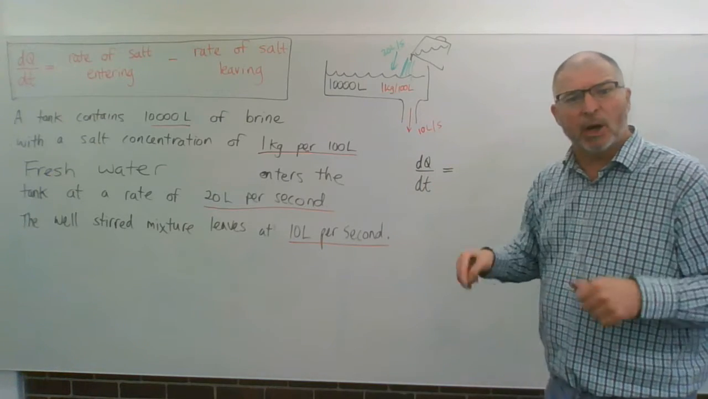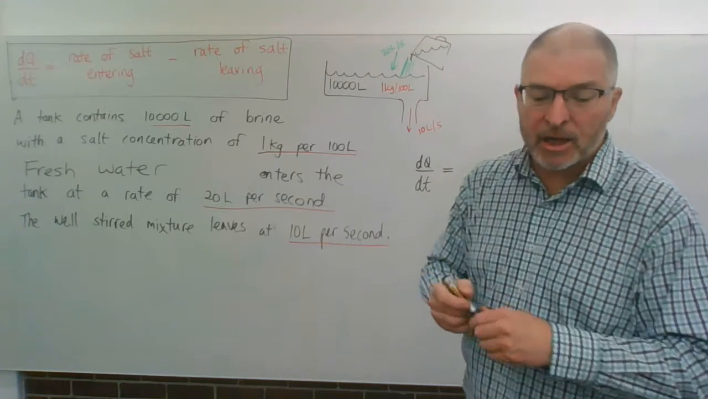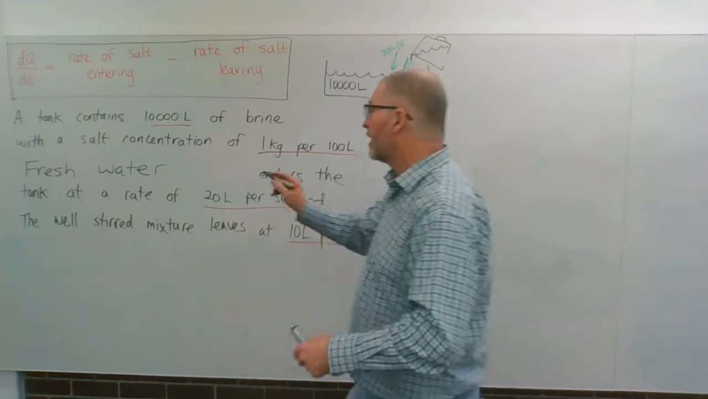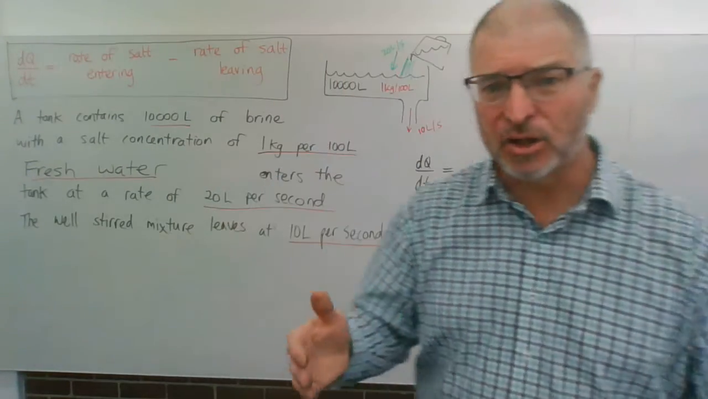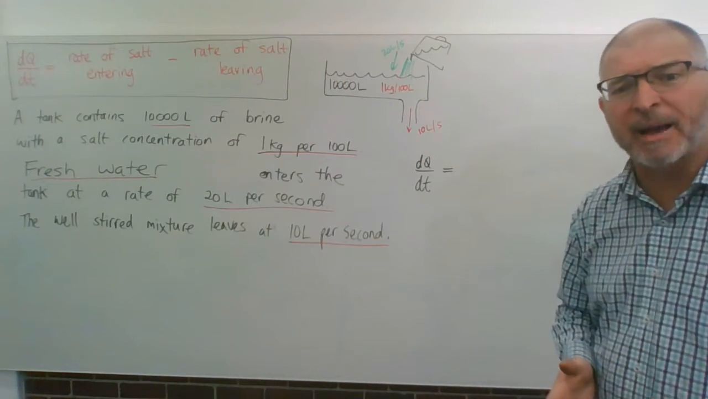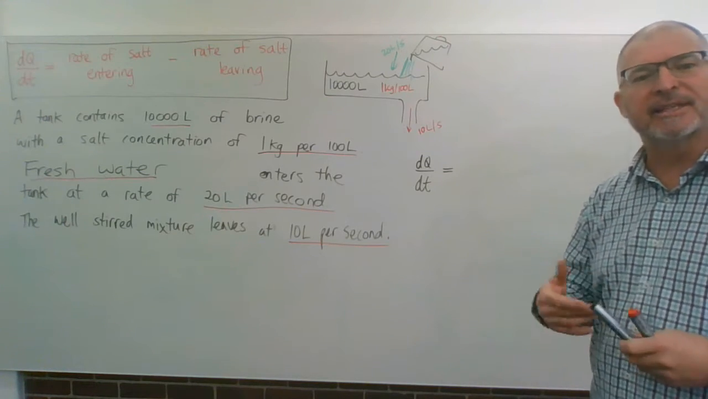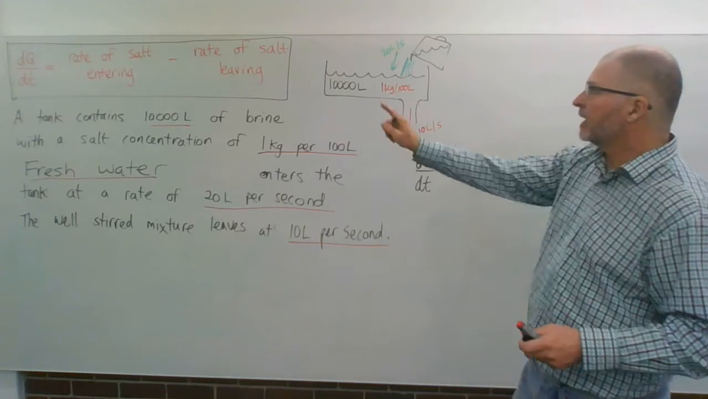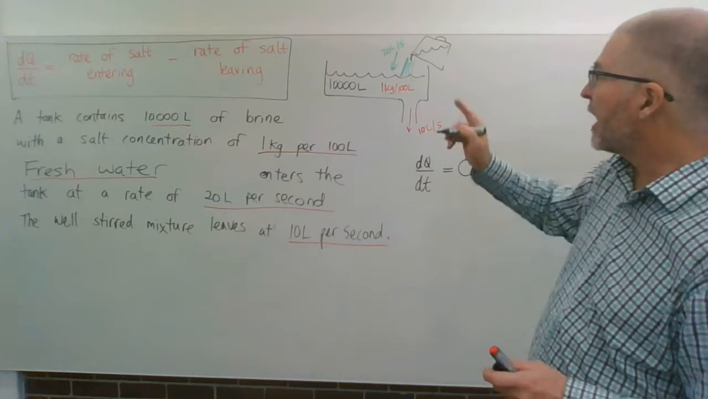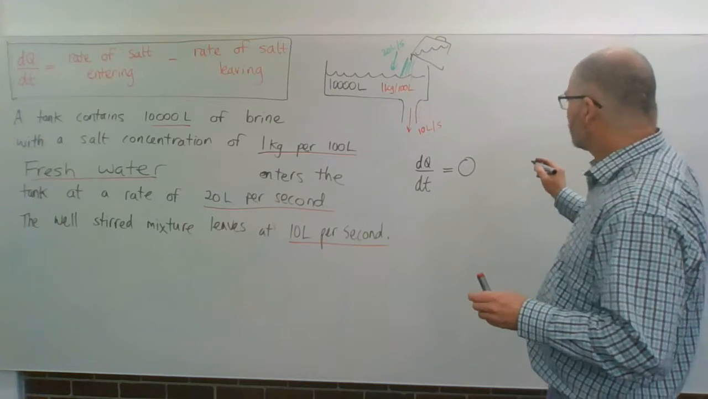Now the rate of salt entering, no salt is entering, because we've changed the example now to have fresh water. So it's going in and it's diluting the solution, so it's making an impact on this situation, but no actual salt is entering over time. So the rate at which salt is entering is 0. Now the rate of salt leaving, all right,